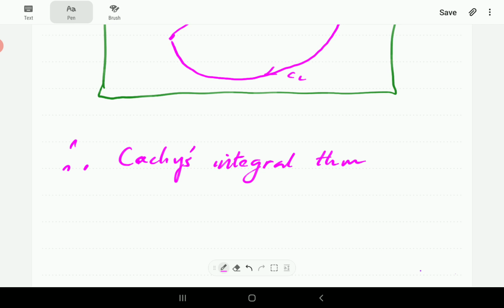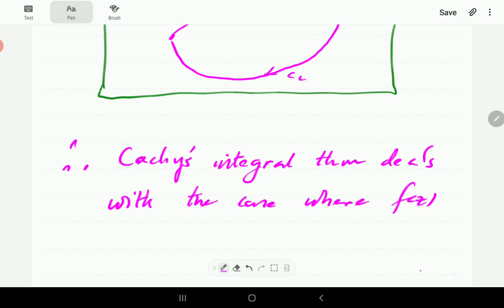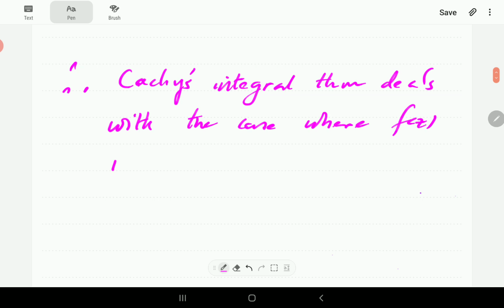So Cauchy's integral theorem deals with the case where f of z, or the integrand, is analytic. If it's analytic, it means it has no singularities inside